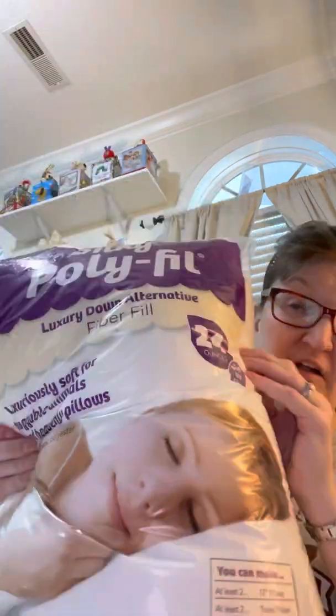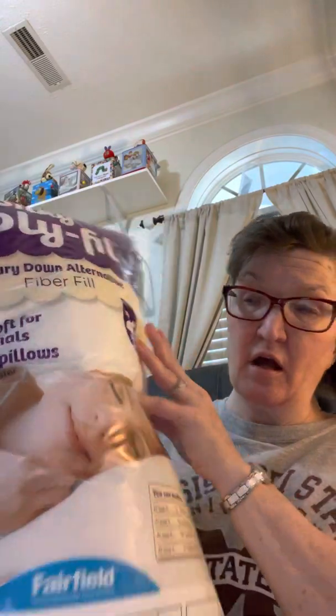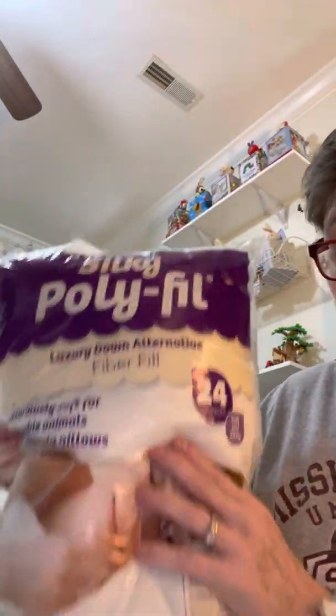I got 50 of them for like $15. It's not a bad deal at all. Last but not least, you can use normal polyfill, but I prefer to use this. It's luxury polyfill, and it's down alternative. It might be showing it to you backwards. I'm not sure. See, it says polyfill, but it says